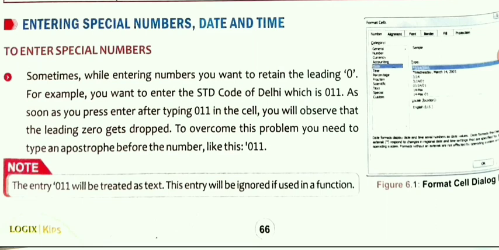So as soon as you press enter after typing 011 in the cell, you will observe that the leading 0 gets dropped. To overcome this problem, you need to type an apostrophe before the number like this. So the entry apostrophe 011 will be treated as text, and this entry will be ignored if used in a function.